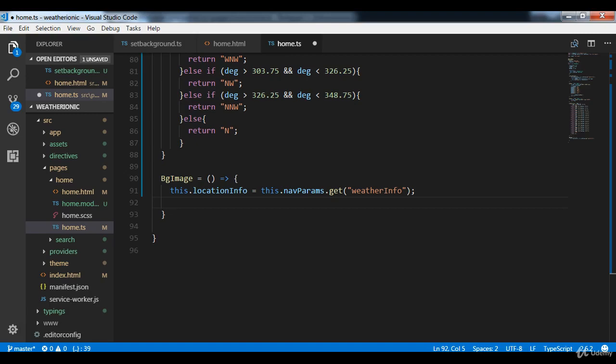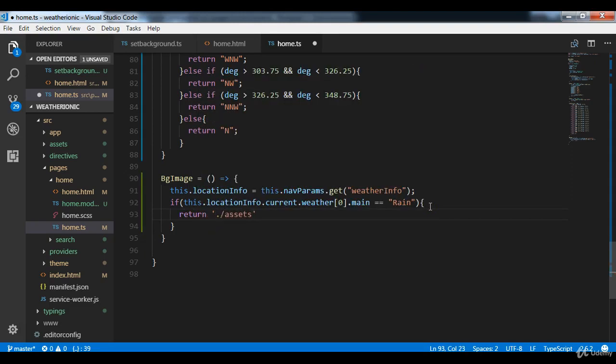So I'll say if this.locationInfo.current.weather at index 0 .main is equal to rain. Now this is available inside the current object. Inside the current object we have this array which contains the main property. Now if that main property is equal to rain, then I'll return